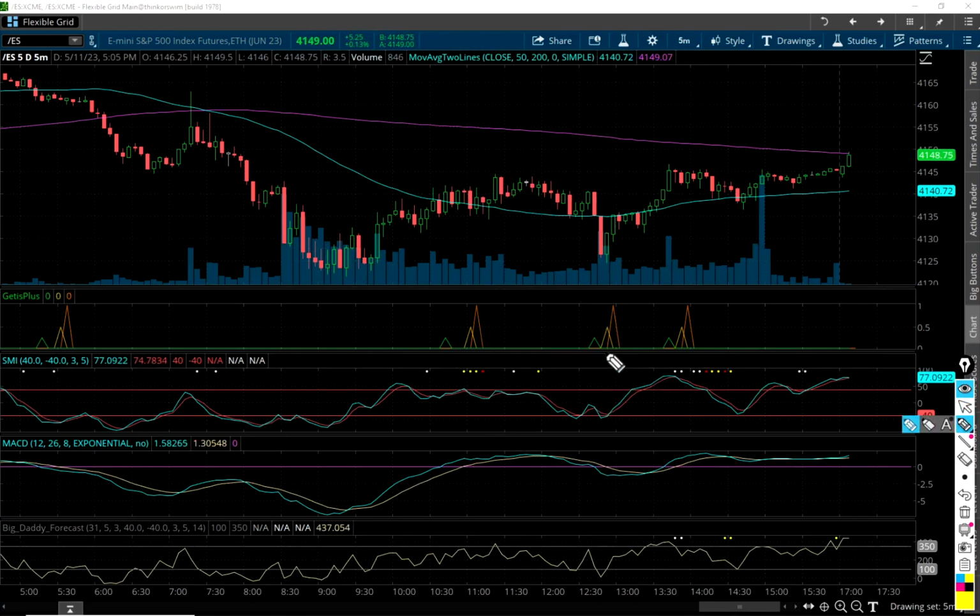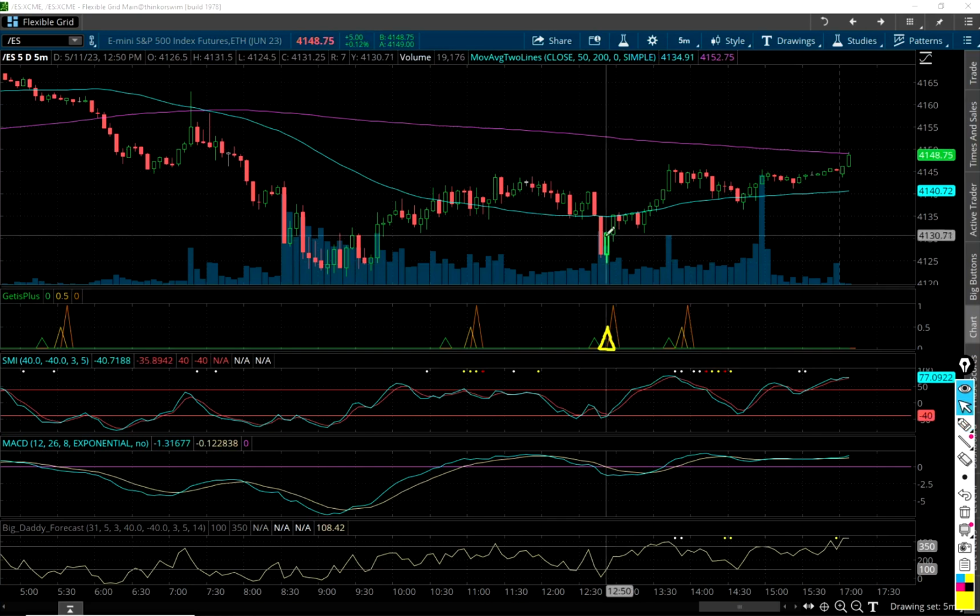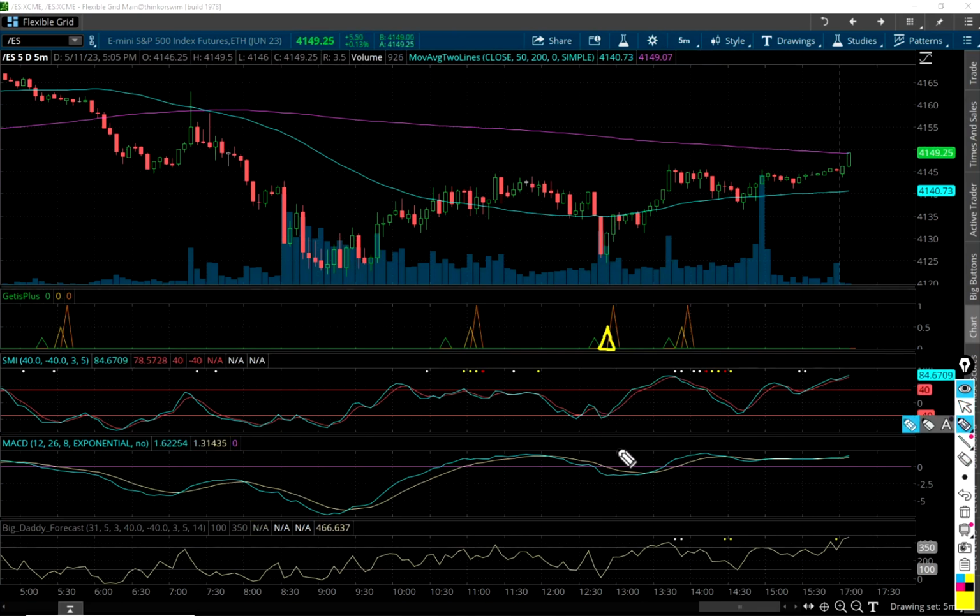12:50 in the afternoon. And we're talking about this little yellow triangle here. This is when the alerts come to the server for the Discord for the members. Okay. So that was at 12:50. I mean, my goodness, what an alert. Now this one's very tradable. Okay, it's intraday. It's right here.